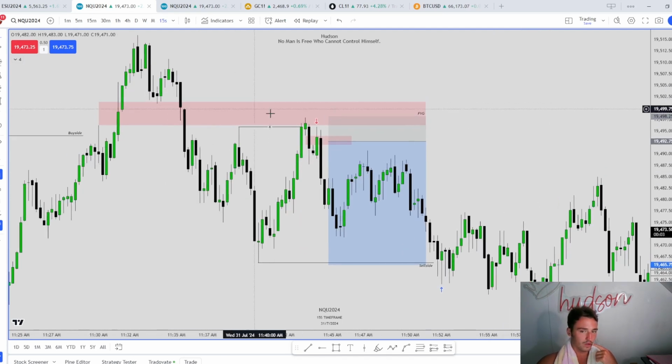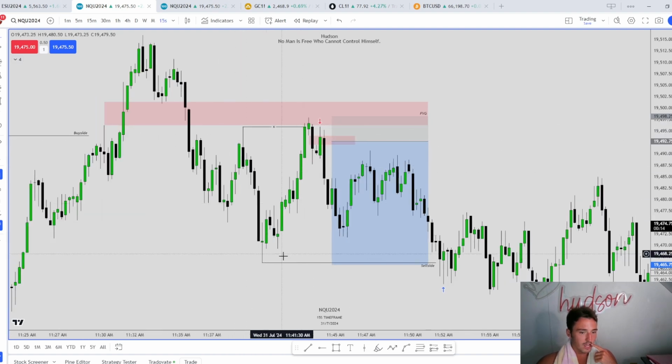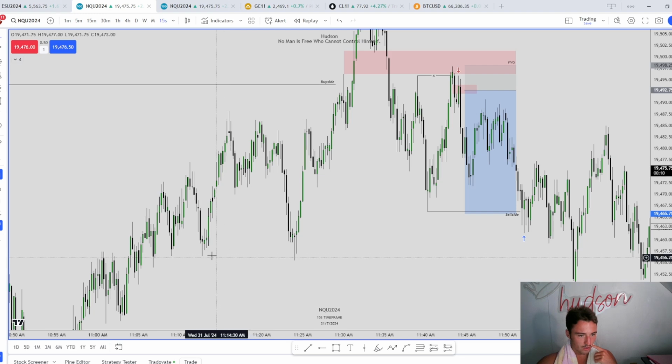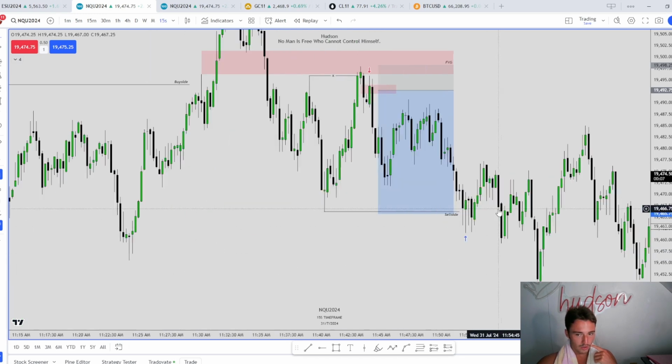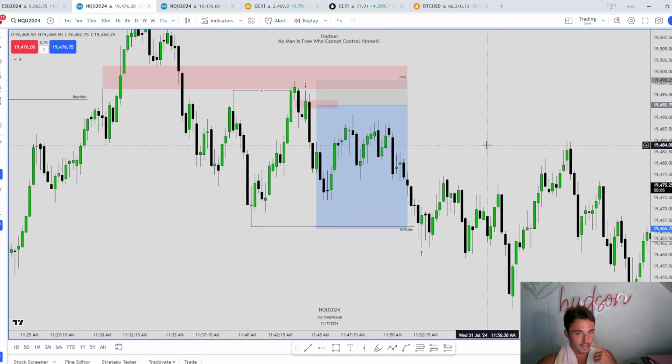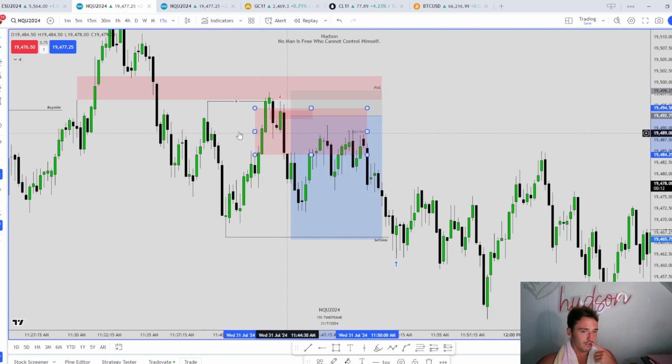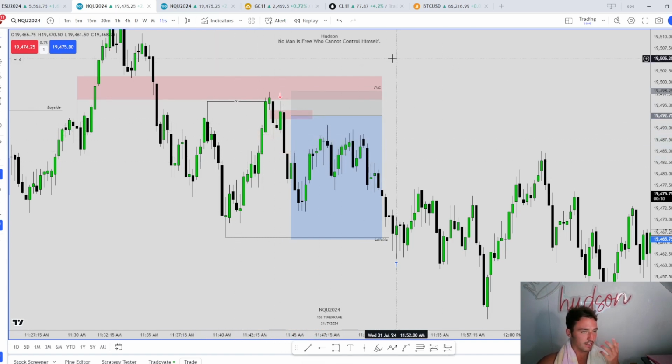So right here, all it was a tap into that 1 minute imbalance, taking this high, creating this sell side down here. And we actually had equal lows right through here, all these equal lows, but I just wanted to take a quick scalp and get out. So once we tapped that and it showed an immediate reaction, we don't care about these fair value gaps throughout here, because we're anticipating they just get ran through.